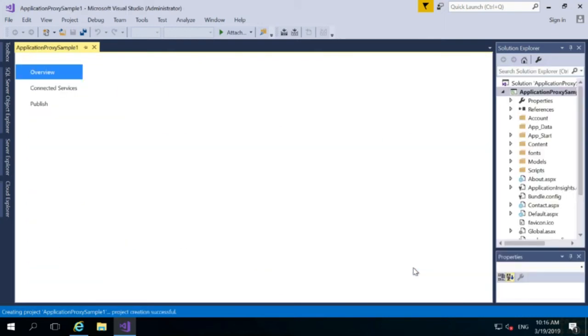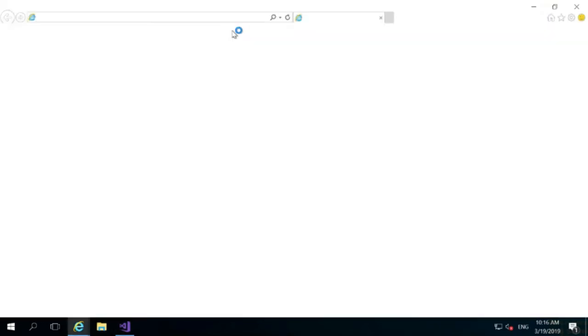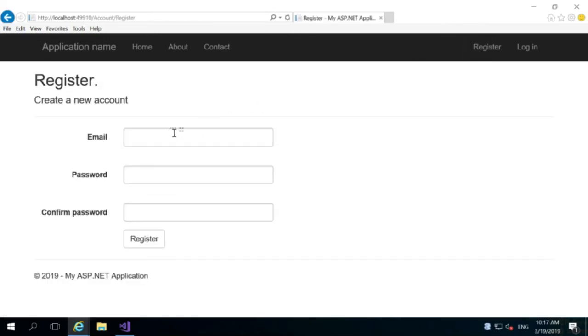Okay, now I'm going to start this. I just want to register one user so that we can log in into this when we launch from My Apps portal. Okay, let's register a user. This is the user I created in Azure Active Directory. So I'm going to use the same user and also same credentials. You'll get to know in the upcoming labs why I'm doing this when we configure single sign-on.